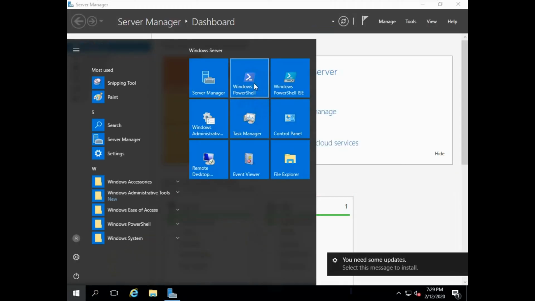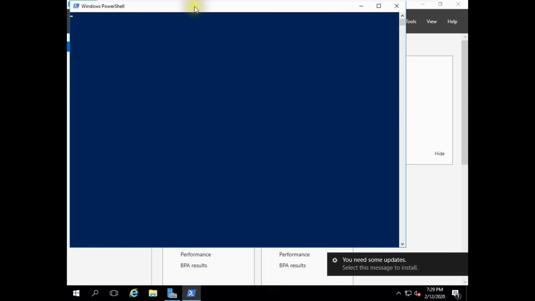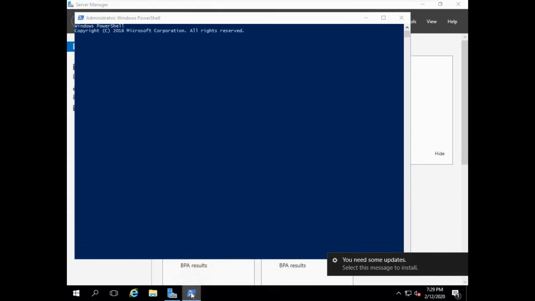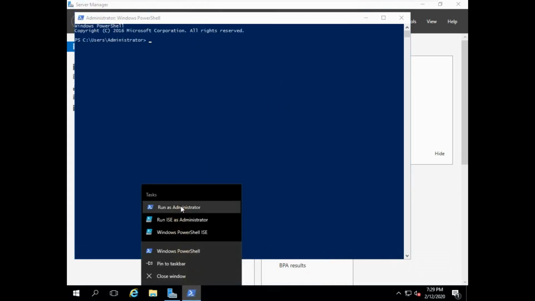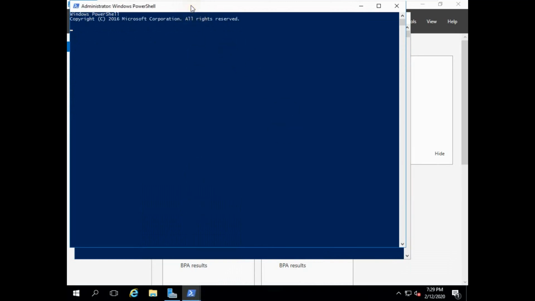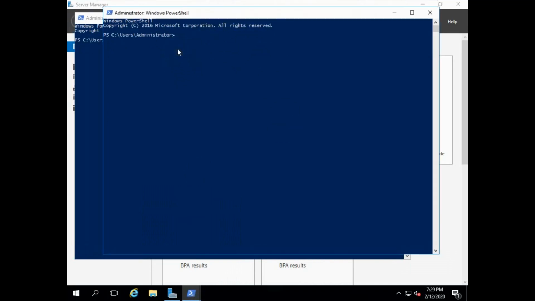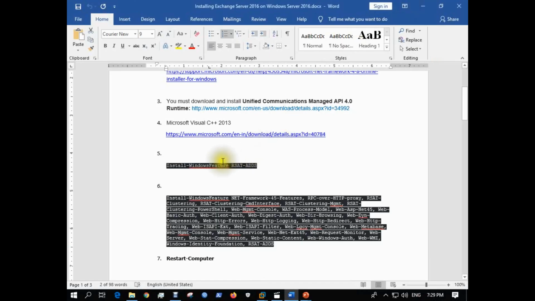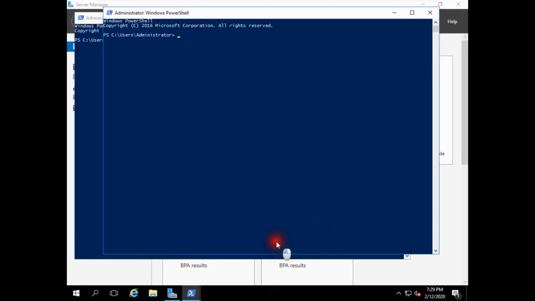Open Windows PowerShell in the server with admin privilege. Copy and paste the first command into the PowerShell and press enter.